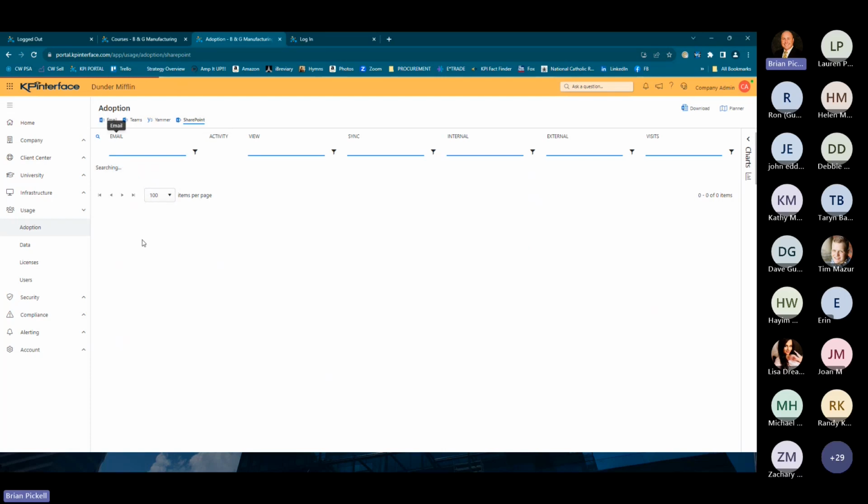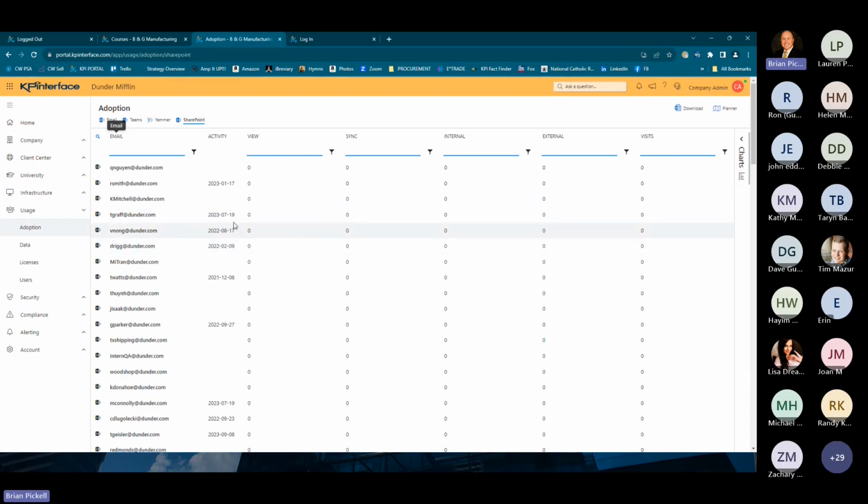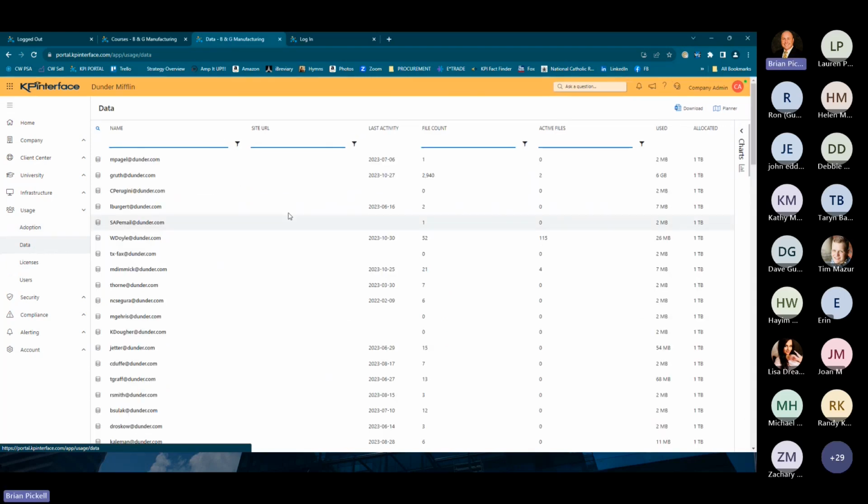So it's gathering the information from SharePoint to find out, okay, how many people are using it, how many files do they have out there, things like that. This particular client is still using a file server, I know, so they're not quite on SharePoint yet, but if they were, it would show a lot more information out there. Under data, it's just going to give you more activity about files they're accessing. You know, this is really, I believe, the